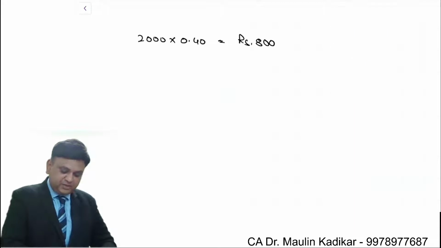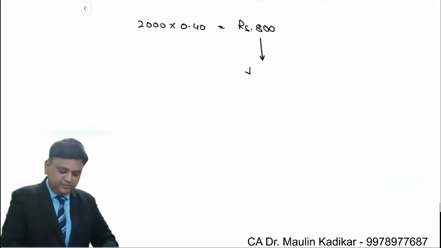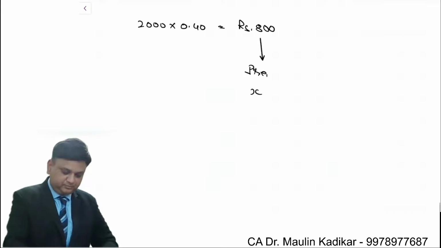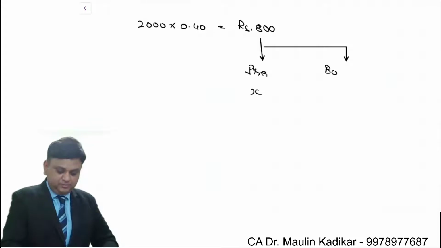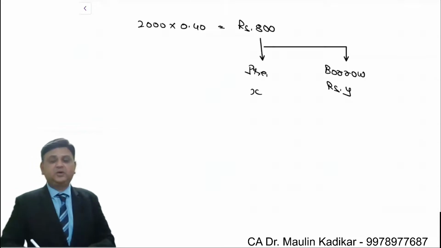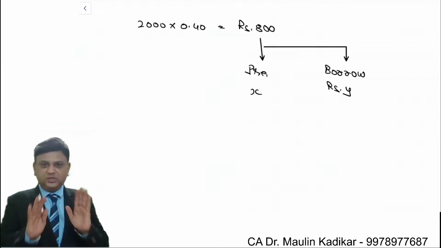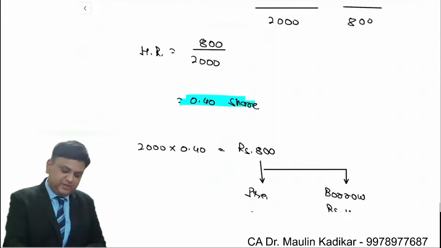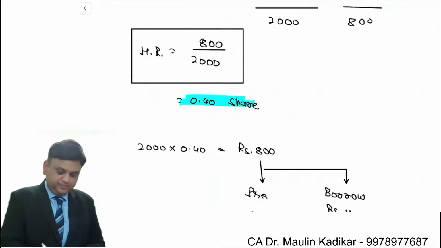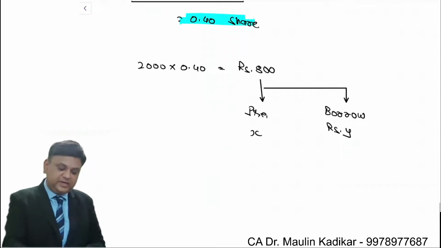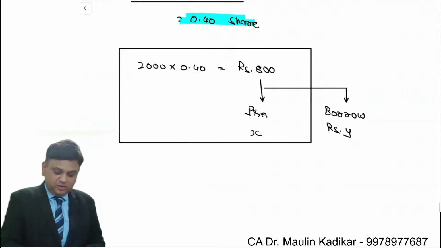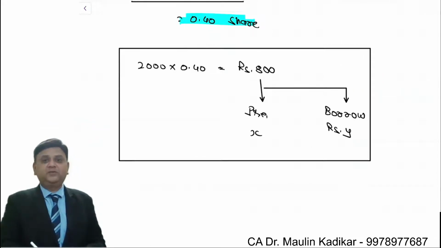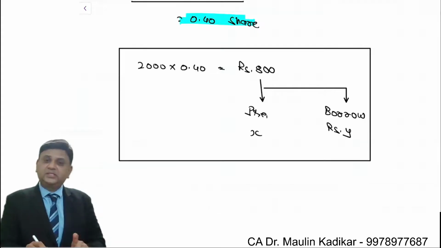On sale of call option, I already have collected premium of rupees X. The remaining amount I will borrow. What is the amount that we borrow? Let us say that I borrow rupees Y. In short, in step number 1, very simple, you are required to make the computation of the hedge ratio. Then you are required to write this equation. Let's say an amount is borrowed and an amount is collected in form of premium. That's it. This is the step number 1.